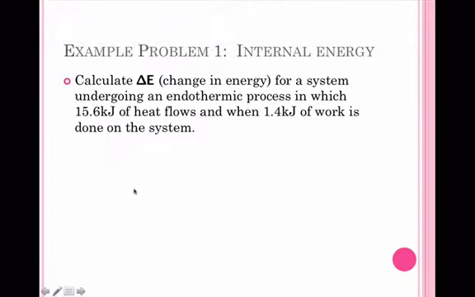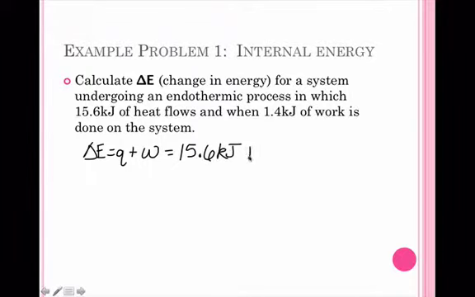So we're looking from the system's point of view, we're looking at where is this reaction taking place and what's happening. So our example here of internal energy: calculate delta E, which is the change in energy, for a system undergoing an endothermic process in which 15.6 kilojoules of heat flows and when 1.4 kilojoules of work is done on the system. So we know our equation, delta E equals Q plus W. And Q is the heat. So if we look here, it says 15.6 kilojoules of heat flows. And we know that this is an endothermic process. So that tells me that heat is going to be positive. So I'm going to have 15.6